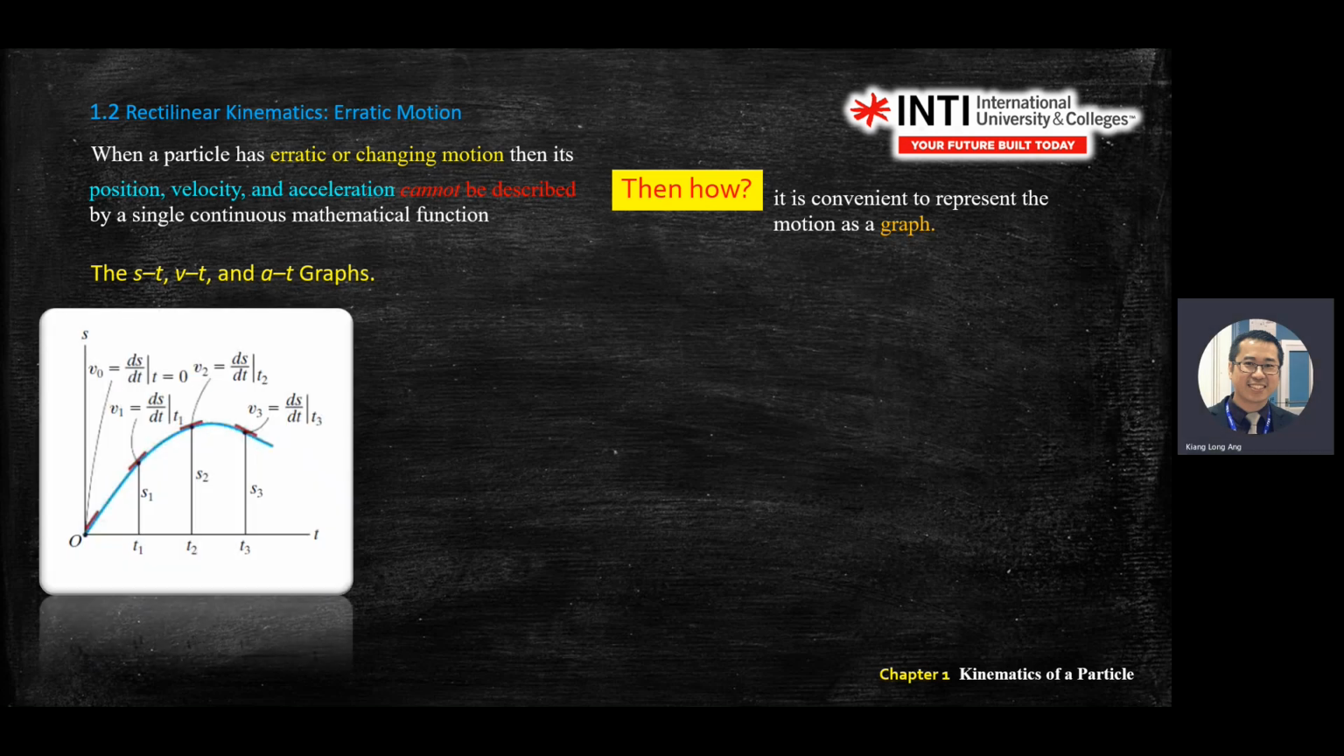So let's start. If you're given S and T, let's say you have this diagram. You have S and T. This is what kind of graph? Quadratic. This is a quadratic curve. So if you take